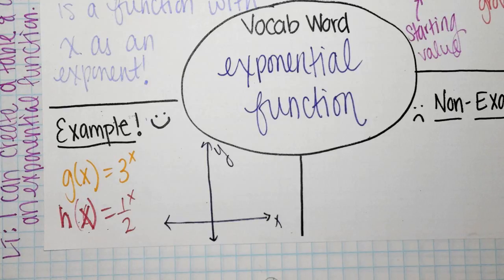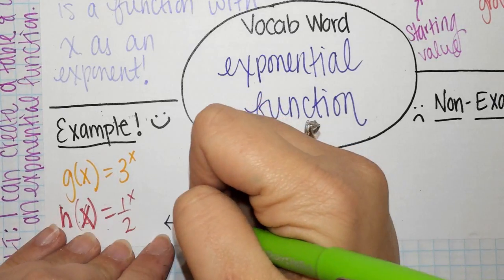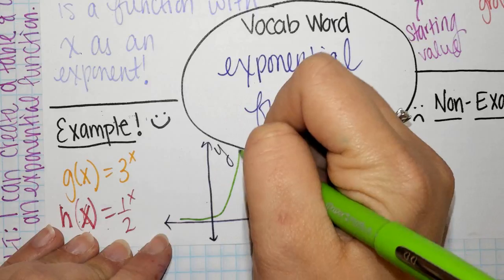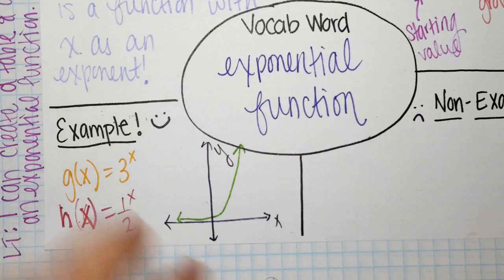So is the graph of an exponential function a straight line or does it curve? Does it make a U or kind of a J? A J. Kind of a funky J, right? Does it ever touch the x-axis? No, it does not cross the x-axis. So that is the graph of an exponential function. Does everybody remember that from last week?